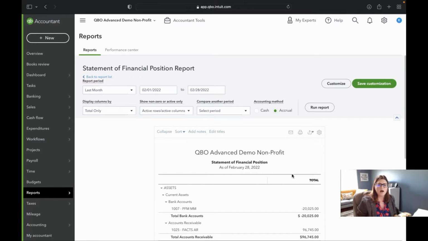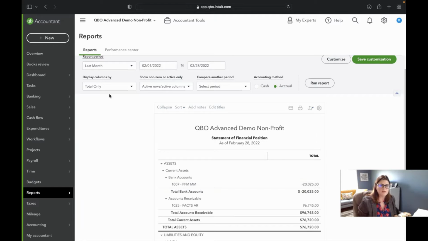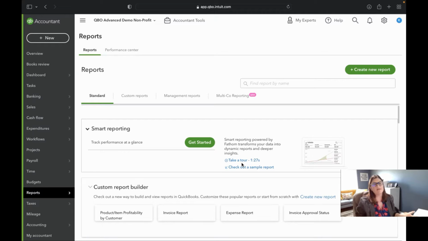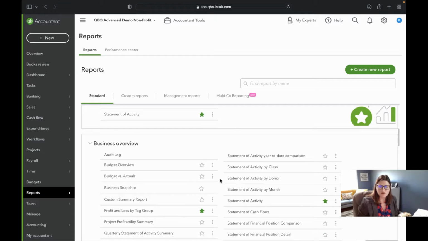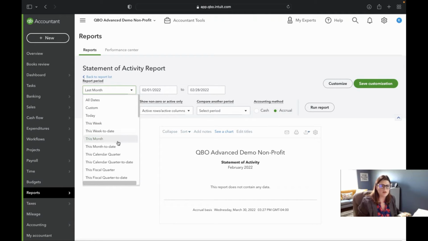So you have your statement of financial position here, and then the rest of it is very similar. If you think about it, the statement of financial position is the nonprofit equivalent of a balance sheet. Both of them say the same thing, just in different ways. Depending on how your accounting is run, you may see your restricted funds accounts and things like that here. If you are a nonprofit, this one doesn't have a whole lot of data in it at this time. And then we'll also go over to a statement of activity, which is commonly known in for-profit businesses as a profit and loss. I'm going to go ahead and change this to all dates.